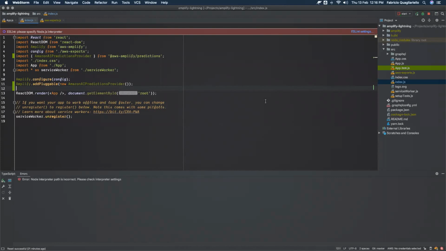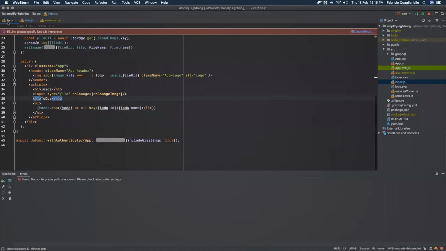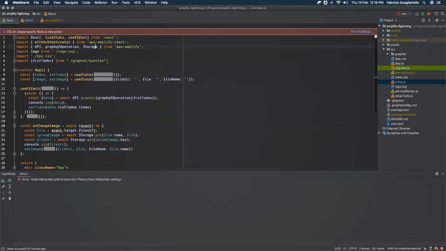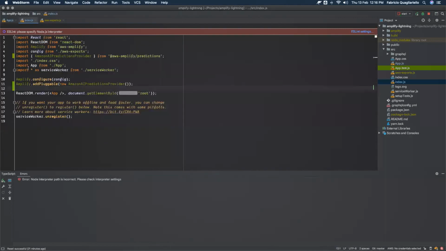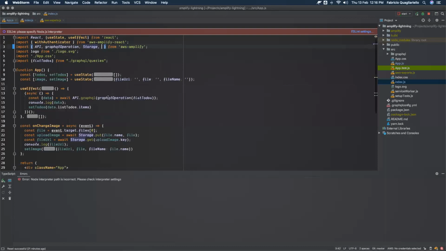So I'm going to add the predictions service within the app itself. That was just boilerplate and configuration. This is the actual front-end part. And we have the predictions category in Amplify. As we use the storage, GraphQL API, and all that, we also have